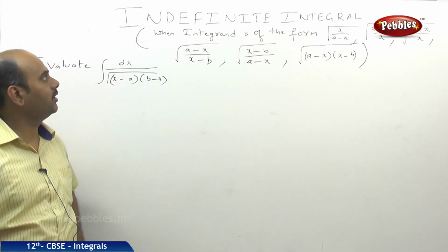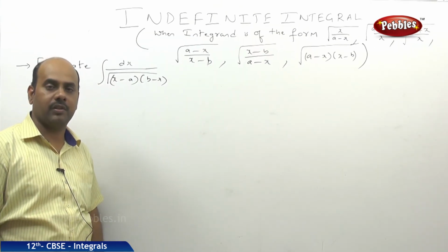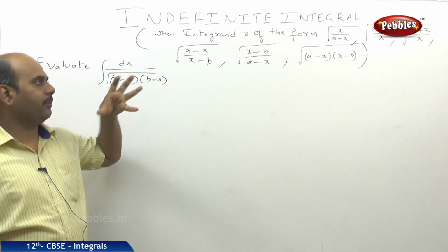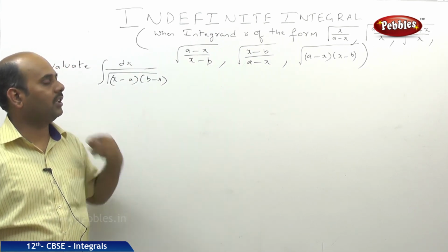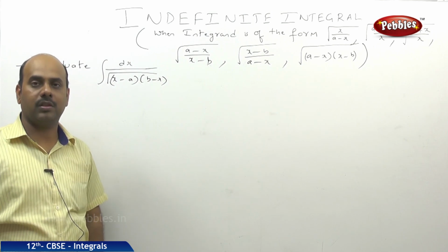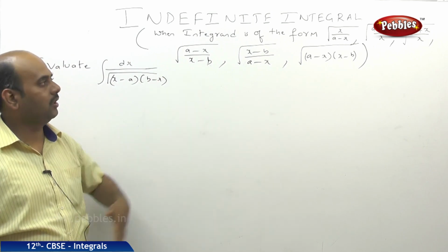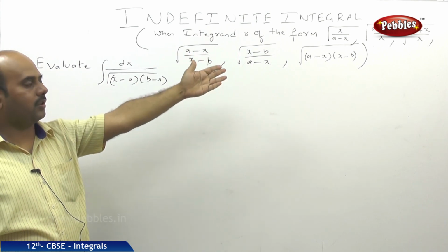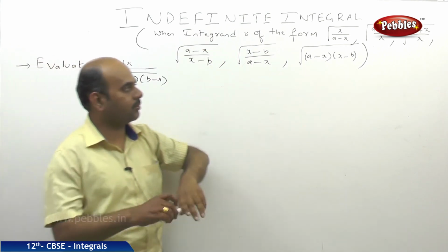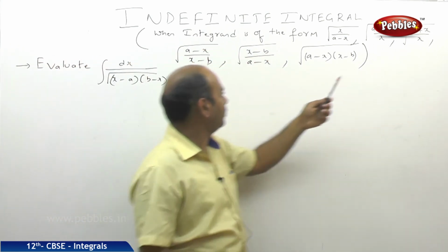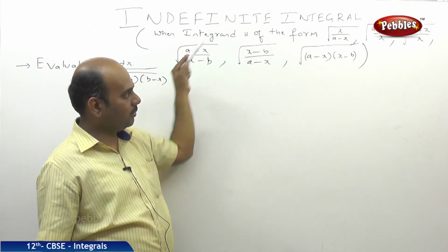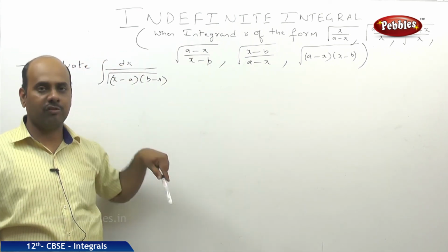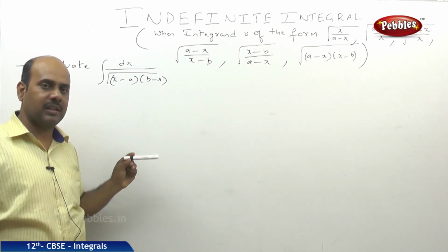Up to yesterday we had seen various patterns of indefinite integral problems. Now in today's class we'll be seeing a peculiar problem, and this kind of pattern will come across in your long answer sessions. When the integrand is of the form under root of x upon (a minus x), under root of (a minus x) by x, under root of (a plus x) by x. If the integral is of these 6 forms, how will we do it? This kind of problem we'll be doing in today's class.